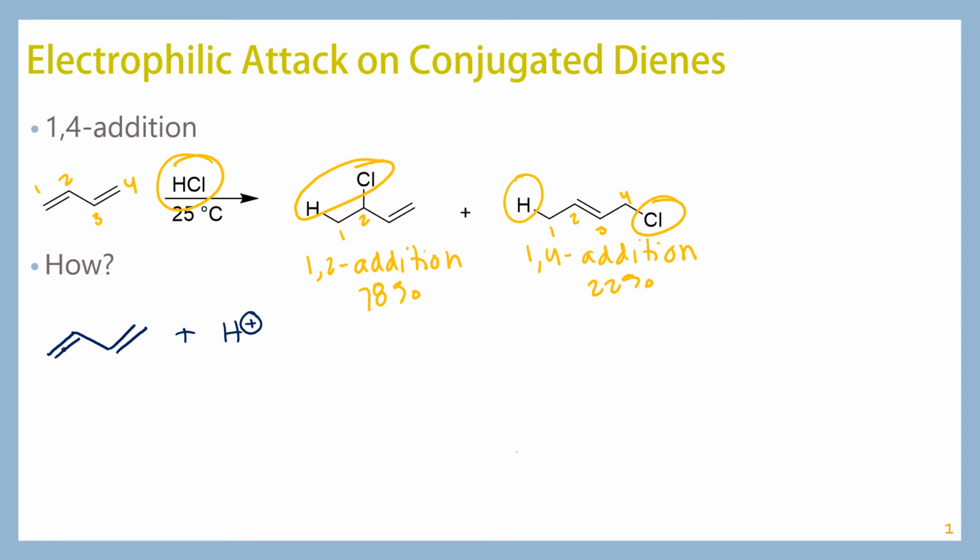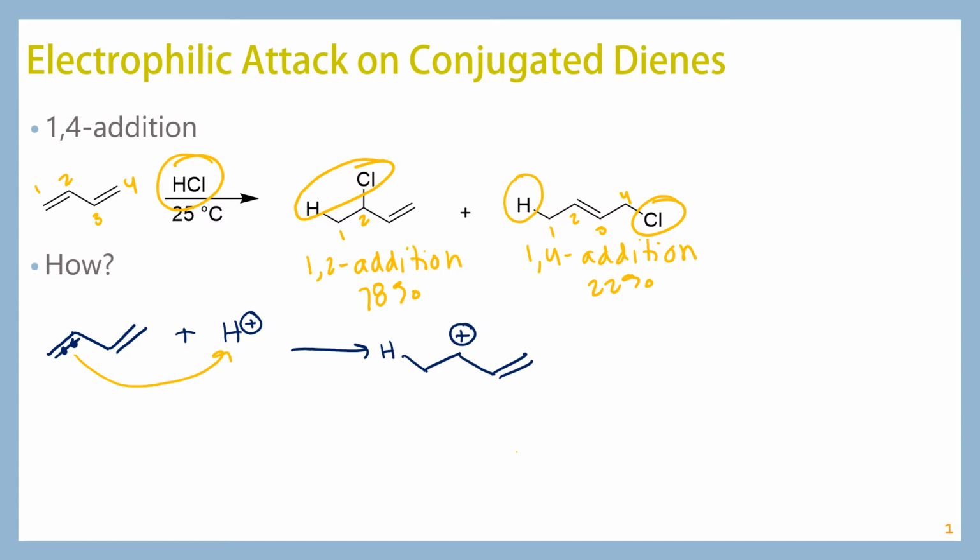We're an acid, so we're going to protonate that double bond. The hydrogen goes on the less substituted carbon so that we can form the more substituted carbocation,